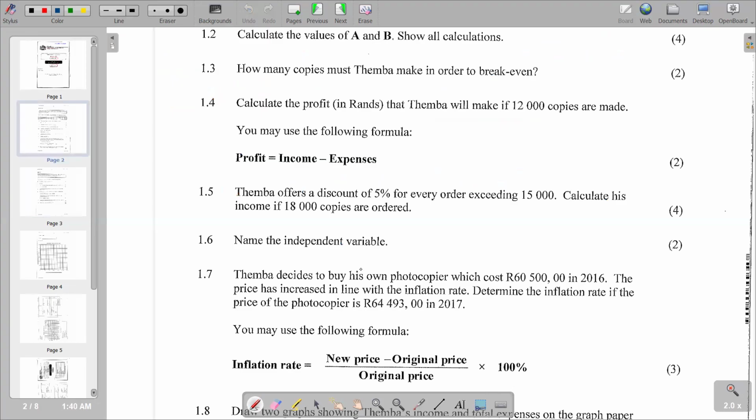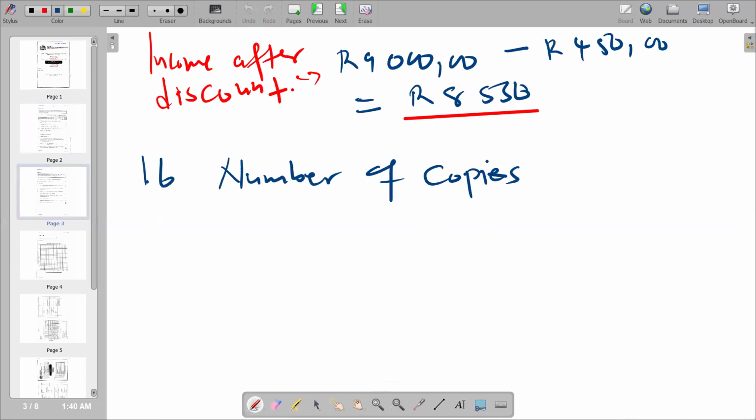1.7 is saying Teba decides to buy its own photocopier, which costs 60,500 rands in 2016. The price has increased in line with inflation rates. Determine the inflation rate if the price of the photocopier is 64,493 rands in 2017. You may use the following formula: inflation rate equals new price minus original price over original price times 100%. So we are saying our formula that we're given on 1.7